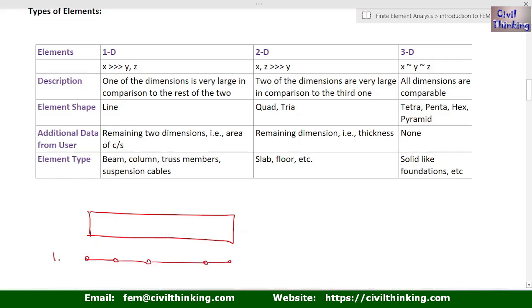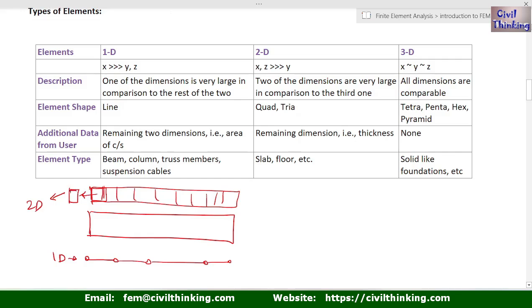This is a 1D element, okay, because the one dimension is longer, right? Now you can also represent it with the help of two elements like this. Now what is this? These are 2D elements, right? It is like this, right? So this is a 2D element, okay, because